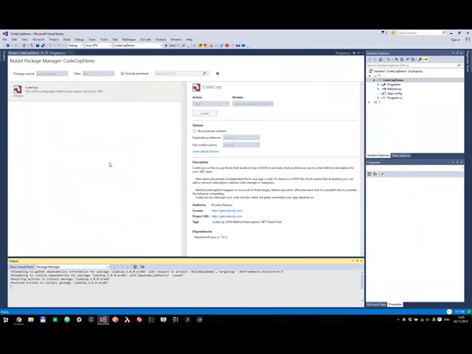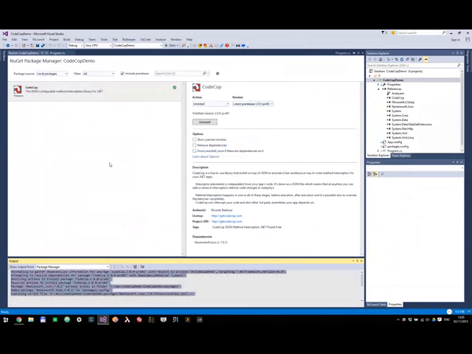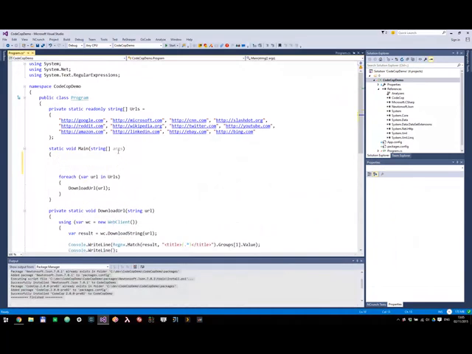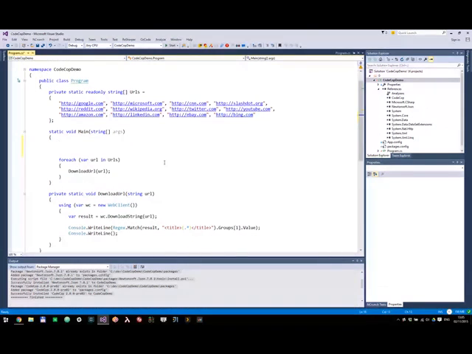It will take a few seconds. And once it's done installing, I can basically start. So let's say I want to take control over the DownloadString method of WebClient and have it write something to the output every time it's going to be executed. So I need to do several things. First of all, I need to get the